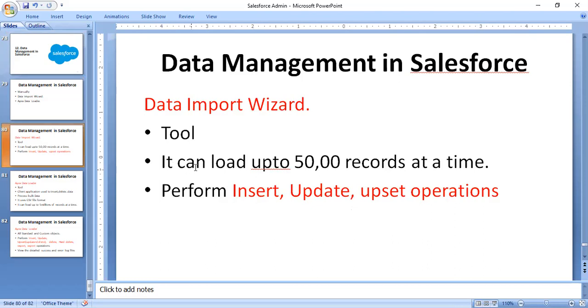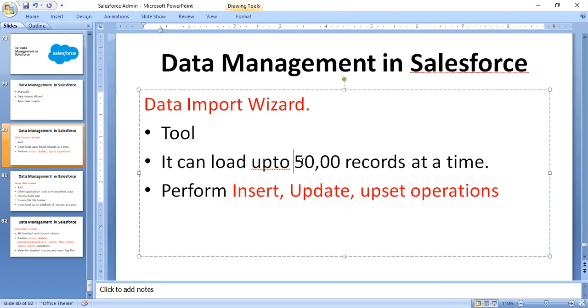By using this data import wizard, you can insert up to 50,000 records at a time. By using manual entry, you can insert one record at a time.